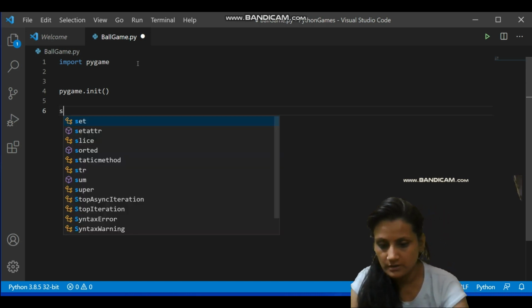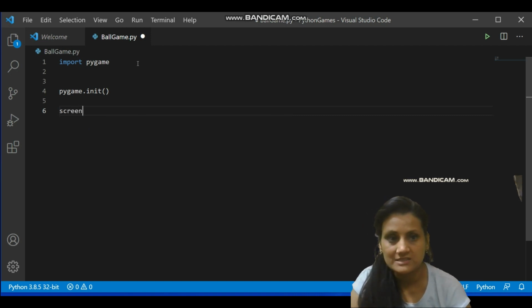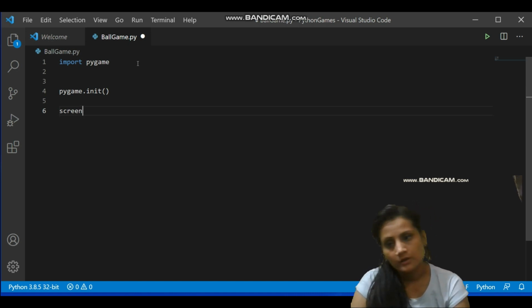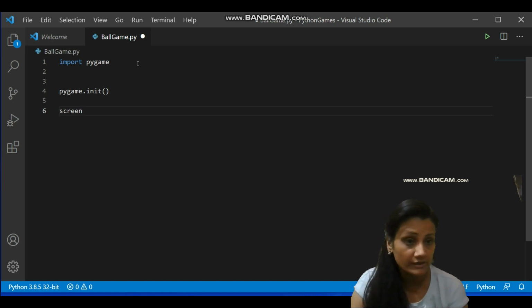So here I am defining a variable called screen because I need a screen. Wherever I have to do any manipulation, like resize the screen, I'll be using this word screen. Whatever we want to do, we will be working on a particular name. So we are naming the box we will be creating screen, okay.